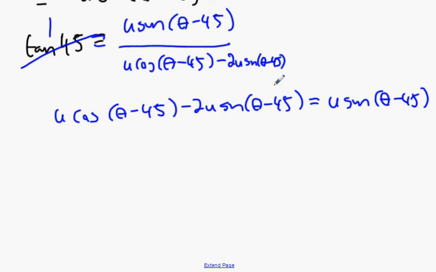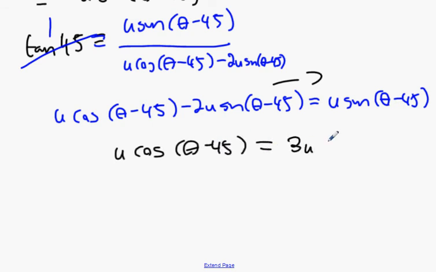Now what we get here is we bring the 2u over to the other side and we get u cos(theta minus 45) equals 3u sin(theta minus 45). I think those u's can disappear pretty soon. Sorry, the u's are just going to go. I'm sick of them. Okay, it's 1/3 equals